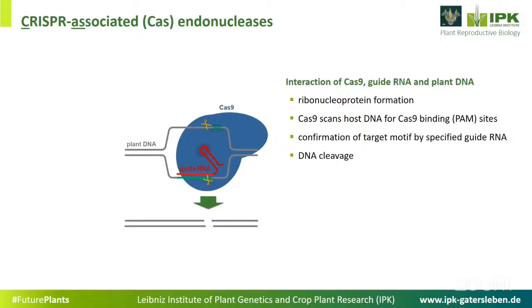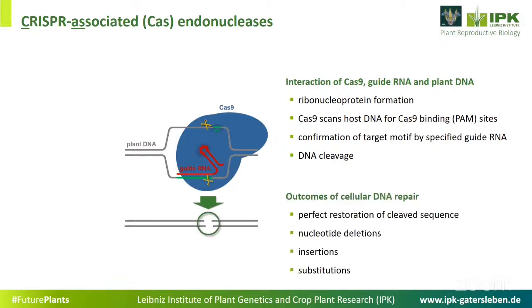The rest is provided by the plant cell itself, because plant cells are used to coping with double strand breaks. Every now and then, those things happen spontaneously, and every organism needs to be capable of repairing DNA. And we can now wait for this cleavage to be repaired. In the majority of repair cases, the former sequence is restored perfectly, but since the restored target is cleaved again,